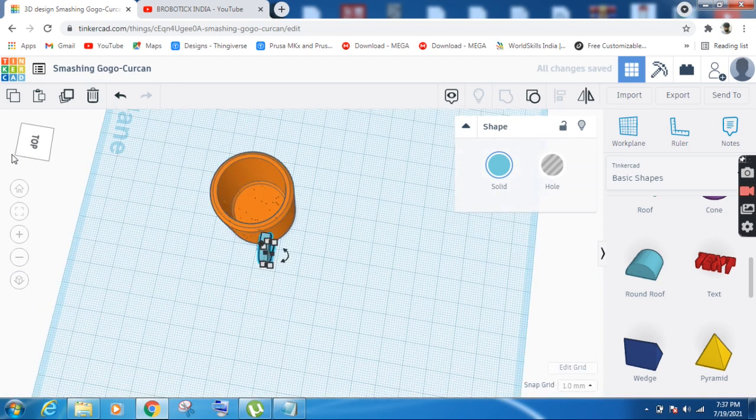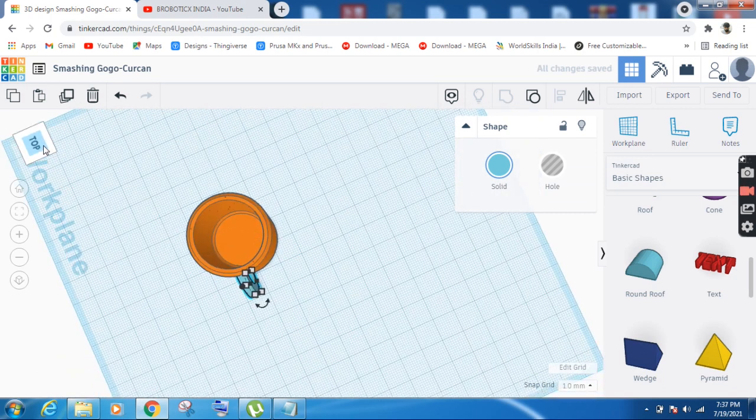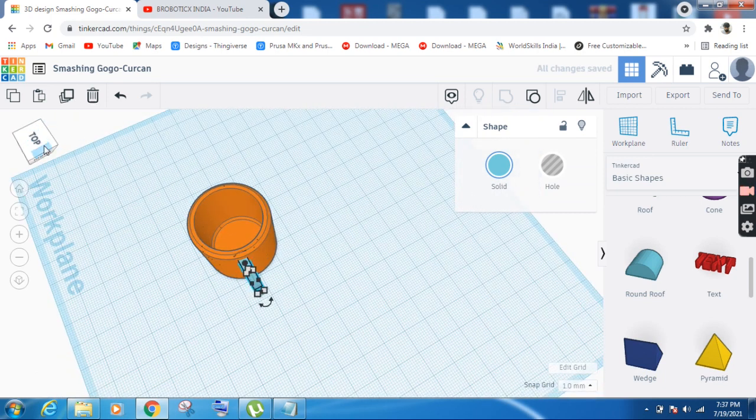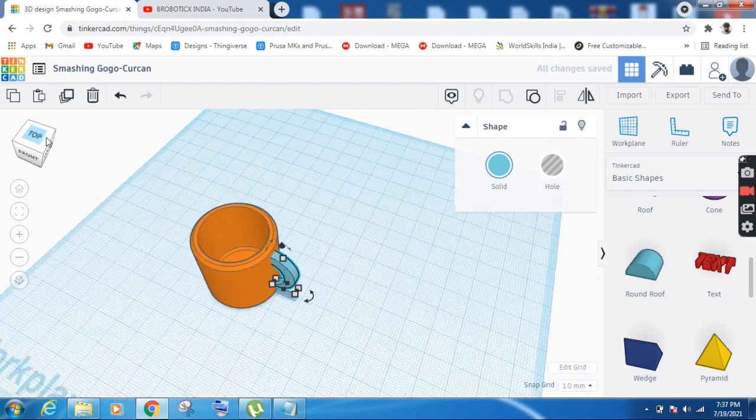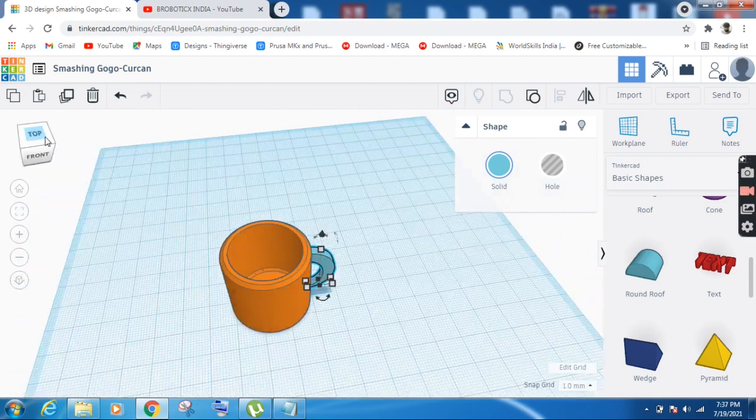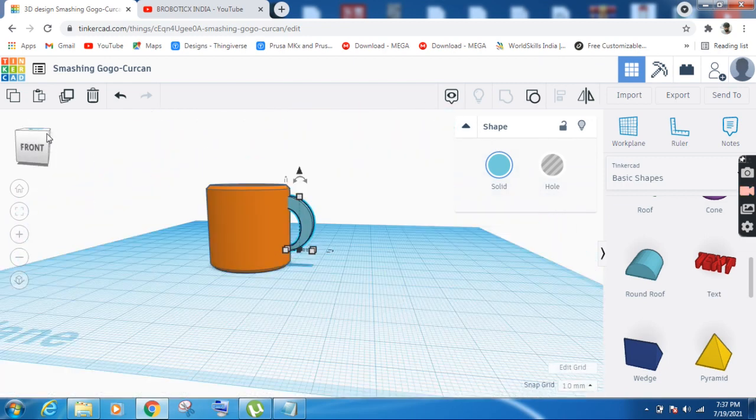You see that it is not in the correct position, so I'll use my arrow keys and bring it a little in the middle. You can see I'm fixing. Still it is not in a good position, so I will move that a little. Now you can see the handle is okay, fine. Let me see, it is not coming from the other side. Okay, it's not coming from the other side.